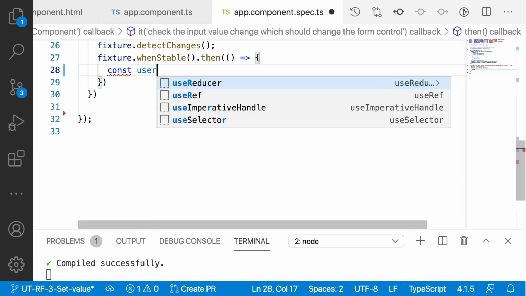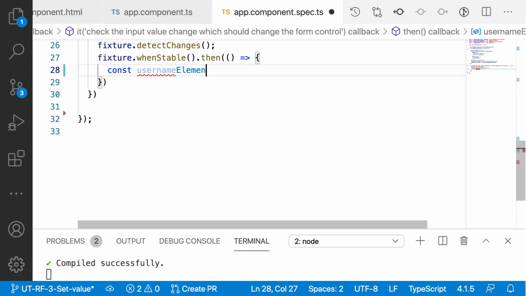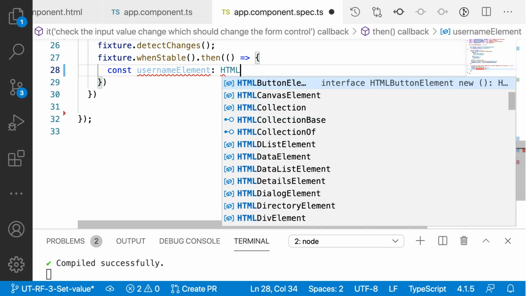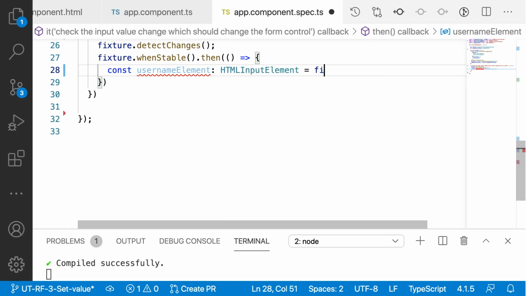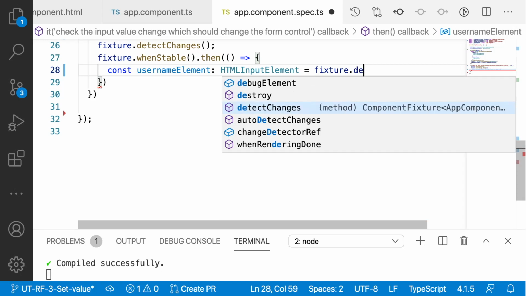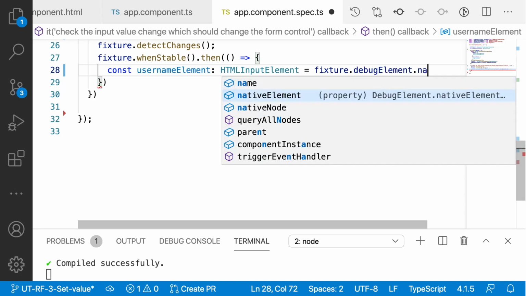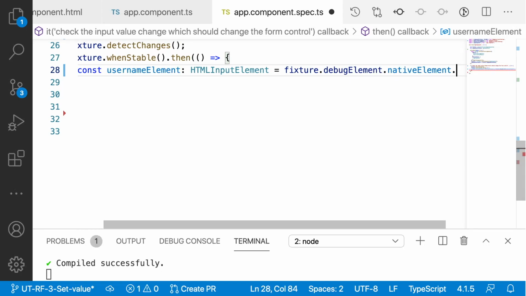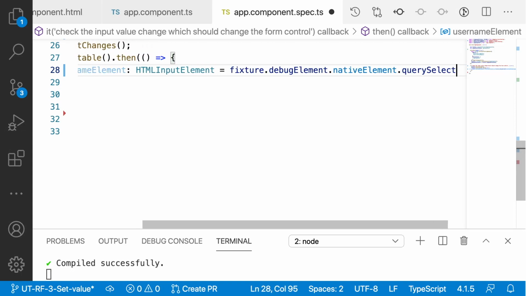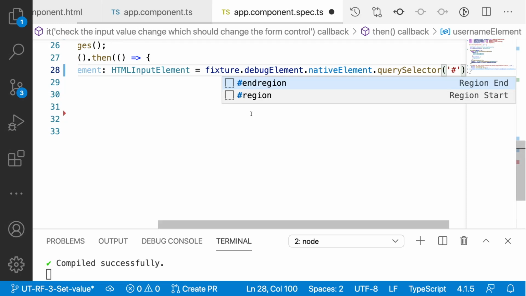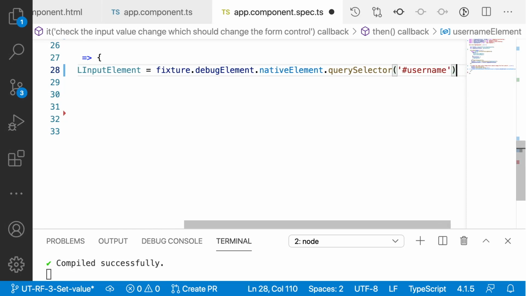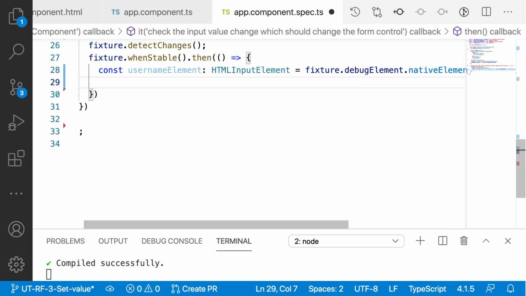So usernameElement, which is of type HTMLInputElement, and which is fixture.debugElement.nativeElement.querySelector of, what is my selector, it's hash username. So this is my ID which was defined, and let me hit enter.